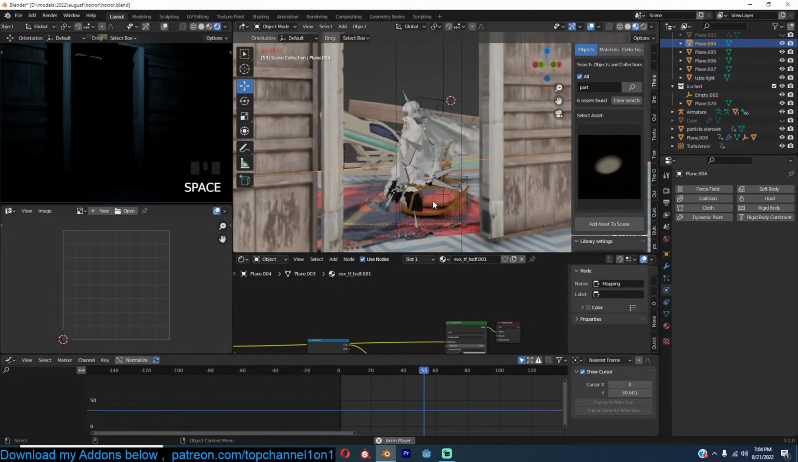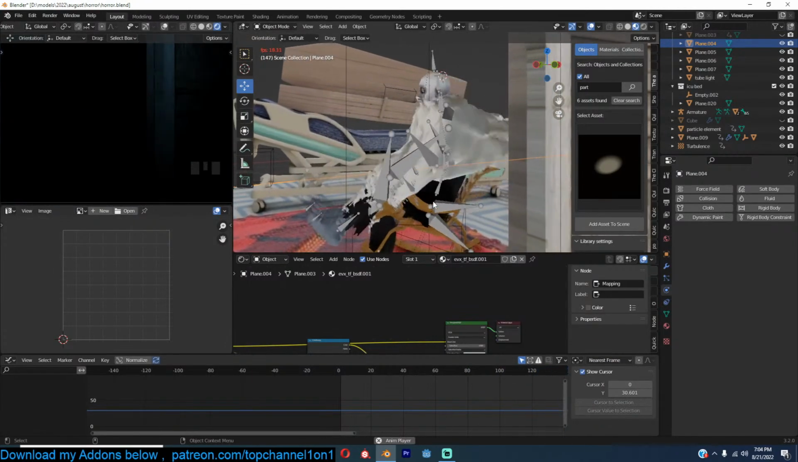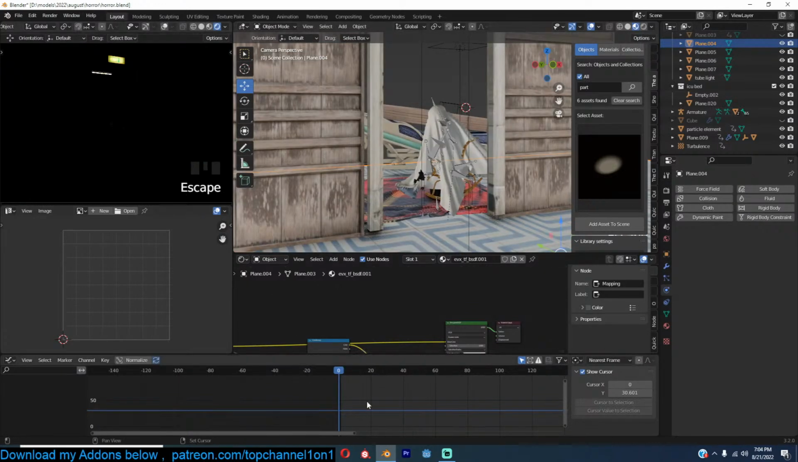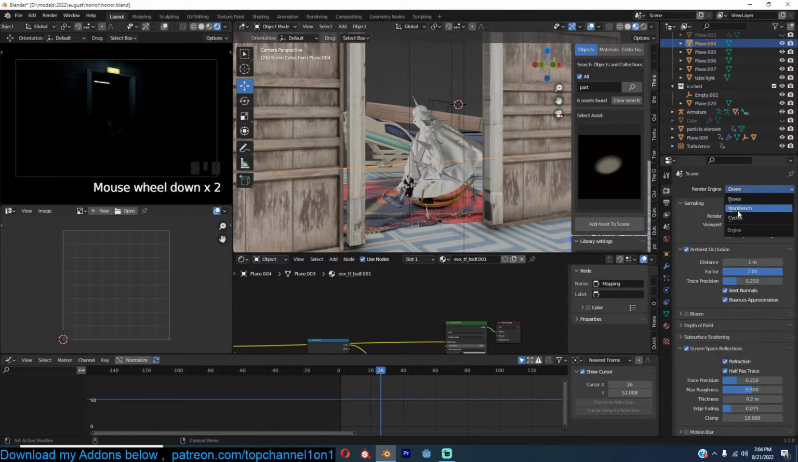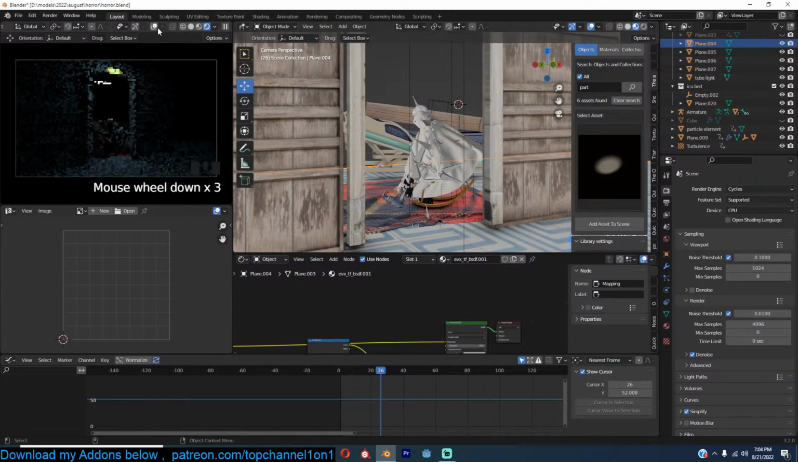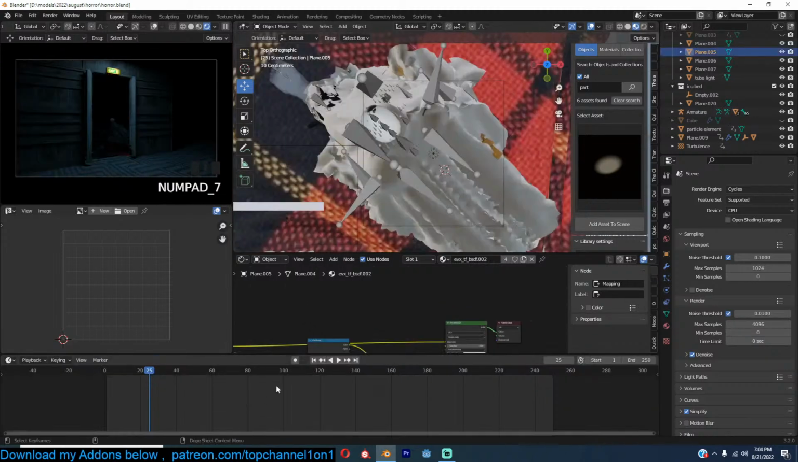Frames. That's our ghost. Let's see how this looks in Cycles. Now the lighting changes a bit. Maybe I need to change